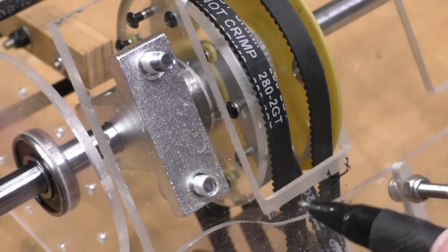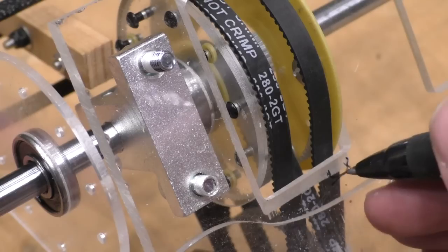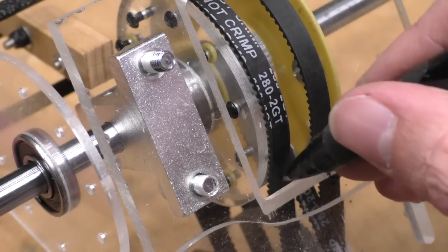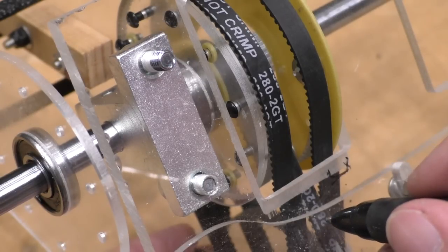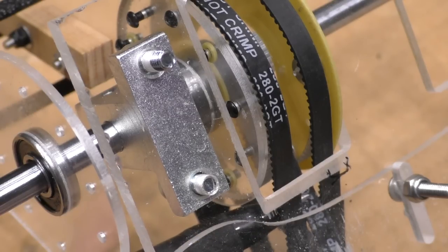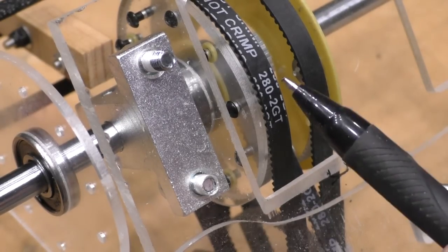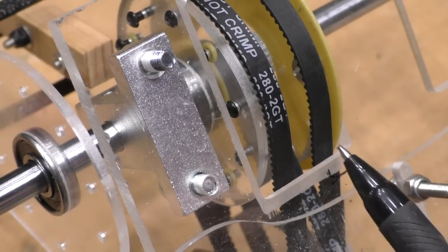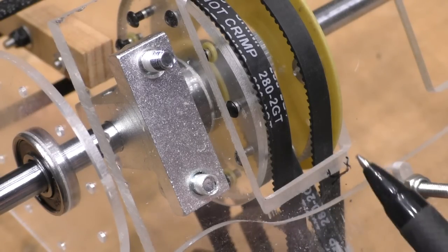I think the problem is that because my cutout here wasn't big enough, I've had to file it away a bit there. And you can see that even now, it's not quite big enough, and this belt and this belt, well, it's loose now because I've turned it upside down, but this belt and this belt are actually touching on here, whereas the belt in the middle is completely clear of it. It's all the way up there. So when the tension comes onto these belts, it doesn't come onto them equally. It comes onto the outer two first, and the one in the middle doesn't actually get to tension fully. So hopefully, when I make my next prototype, I'll cut this out in a big gap around here,